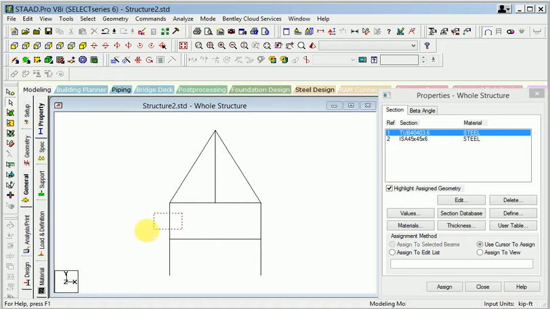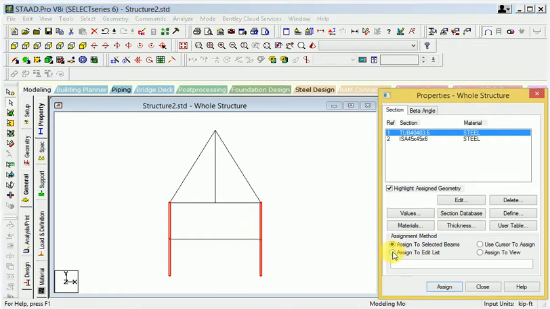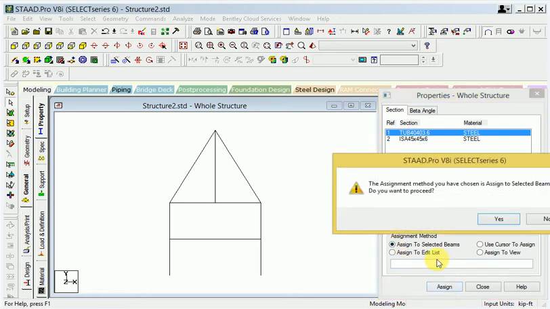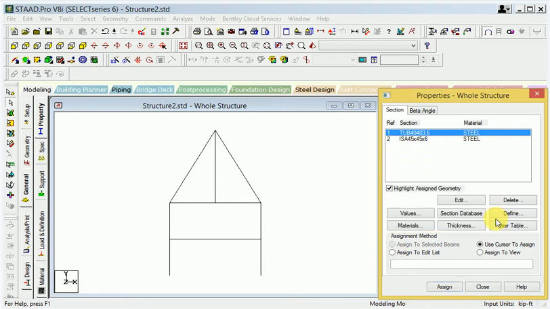When I select the whole member, just hold control and this is the square member, and apply, go to here, assign to list and go to exit here, assign. This is the assignment method you have to choose: assign to selected beam. We want to proceed. Okay,